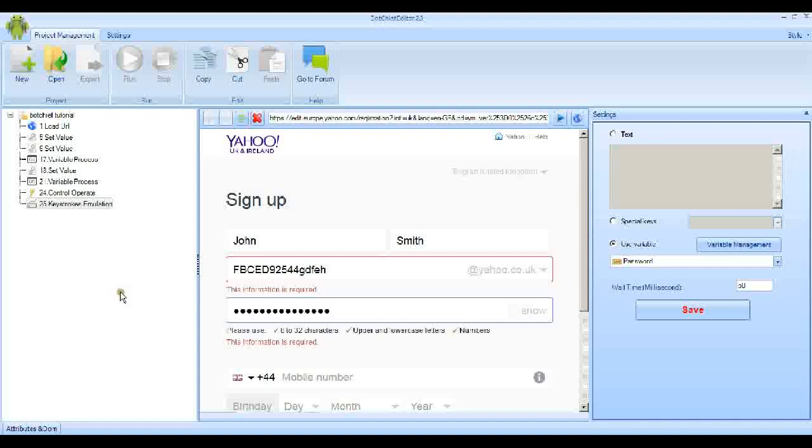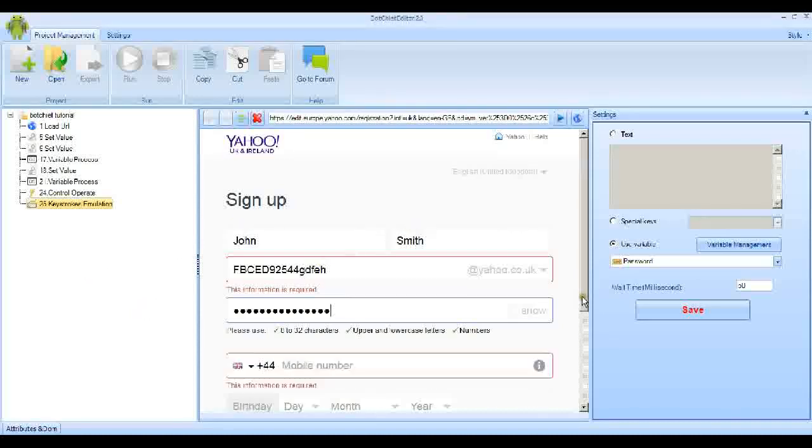There it goes, typing it in, and of course it's obfuscated because it's a password, and we've got success again here. Now the next item is the mobile number. I'm just going to hard code a number in there, so it'll just type it in, and so we don't really need to choose the country code, but I'm going to just show you the way Botchief works, and I'm just going to select the country code as part of this bot,